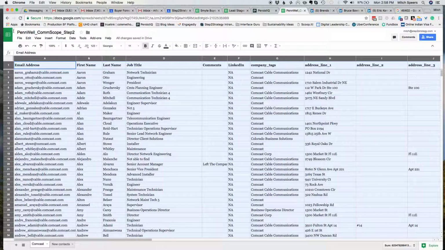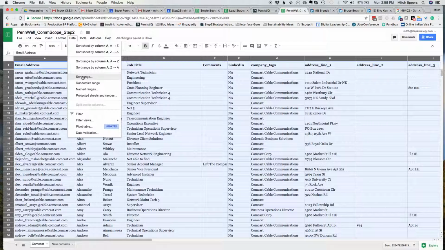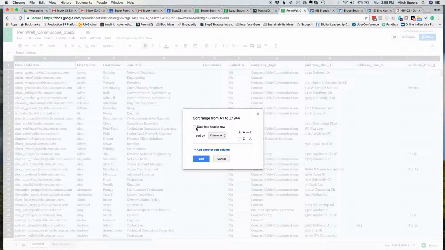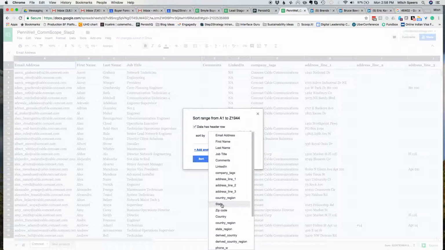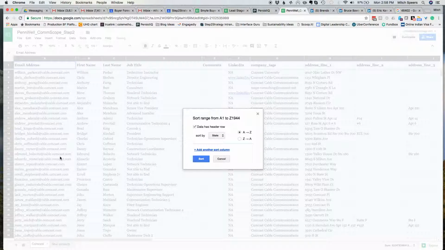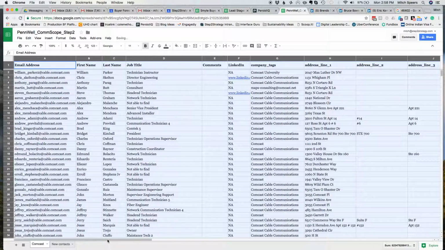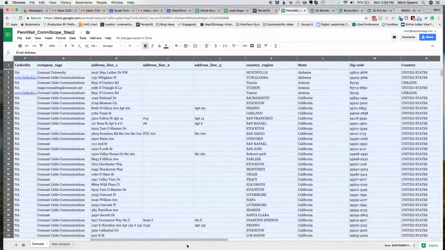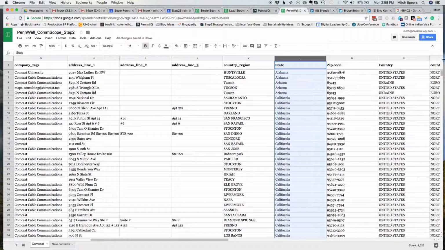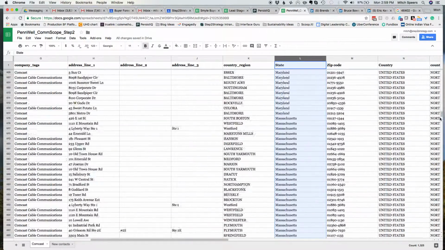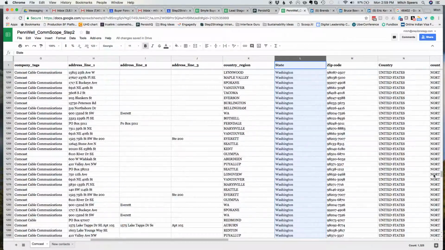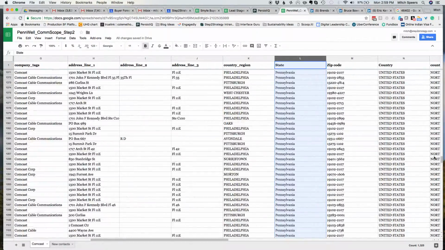Now that I've highlighted everything, I go to Data, Sort Range. I'm going to select that it has a header row, and I want to look at state, because I know this spreadsheet has some problems with the state field. So I'm going to go over and look at state. Here we are, and I'm going to scroll down. I already know that I fixed some of these, so I'm not going to get too crazy, but I'm going to just start